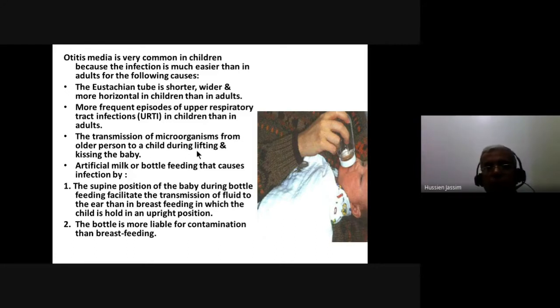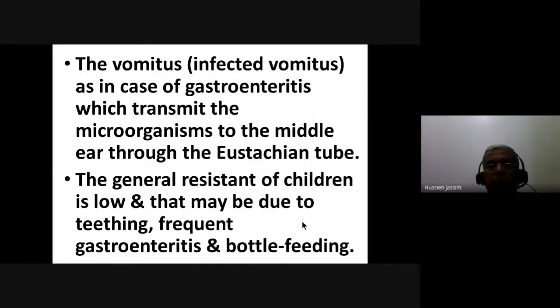During lifting, kissing, طبعا هاي تشوفون دائما الطفل يلزموه يحضنوه يبوسوه، فالترانسميشن يكون ايزي. ايضا another factor is the artificial milk أو bottle feeding، ايضا يزيد الريسك اوف انفكشن. As you can see، شوفون من نستعمل هذه البوتل فيدنج اللي يكون البيشنت supine in position، هذا البوزيشن راح يسرع لنا الترانسميشن اوف انفكشن from the pharynx to the middle ear. بالاضافه الى ان البوتل is more liable for contamination than breast feeding. And the vomitus أو infected vomitus ايضا ممكن